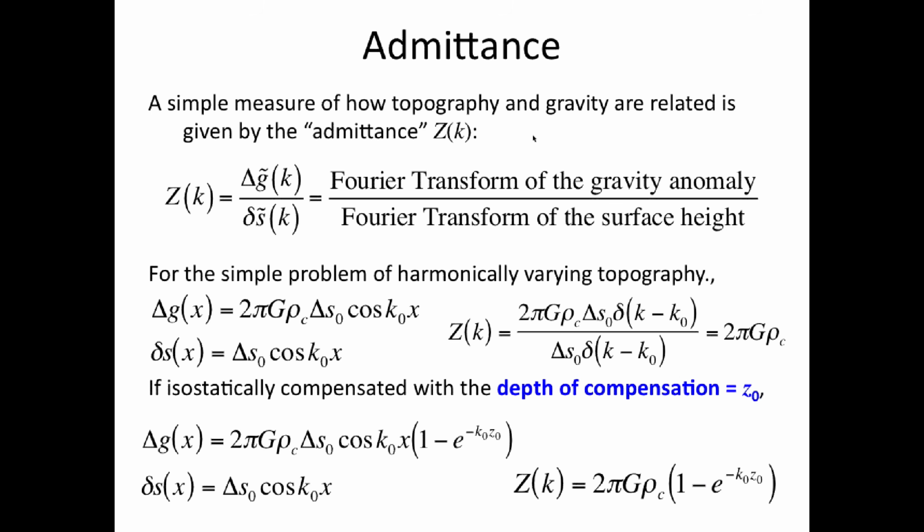If you have isostatic compensation, the deeper layer then gives you a quantity here, where Z0 is the depth, positive number. K0 is the wave number, again, used in this case. So your admittance at small wave number or shallow depth, when this thing is small, that becomes 1, so you get nothing. Admittance will be near 0 at long wavelengths, small wave numbers, or shallow depths of compensation. But at great depths of compensation or high wave number, short wavelengths, this gets to be a large number, then that cancels out, and you have a 1 in here, and you go to this 117 milligals per kilometer.